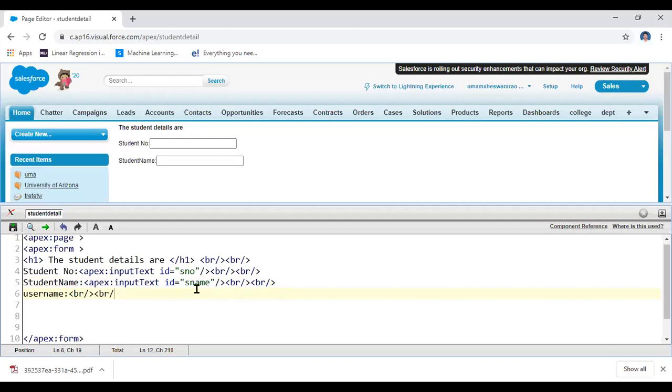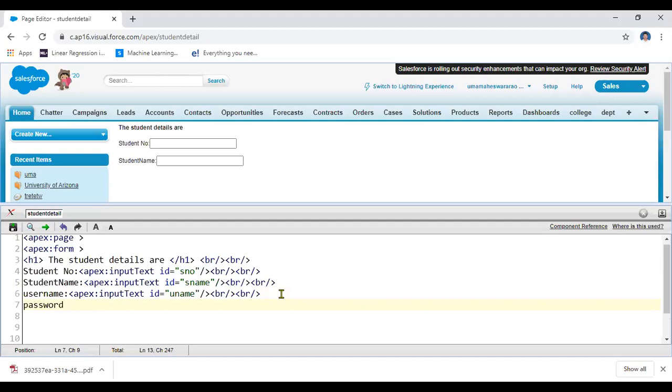Control V, username, and then apex:inputText, same username. For example, I'm taking uname, and then the ID is a different one. Uname, and then password.